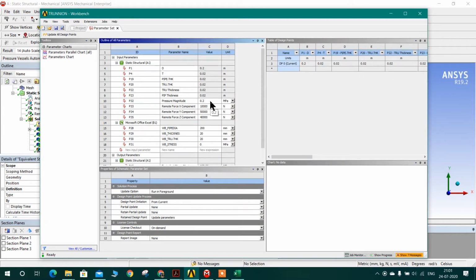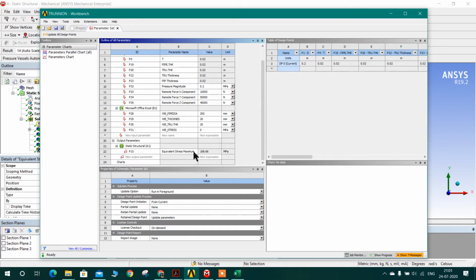My pressure in the pipe is 0.2 megapascal. The forces I'll show where I have applied. These are the forces' XYZ components, right? And the output is the equivalent stress. You cannot say whether the model is passing or failing just based on the von Mises stress plots, you must be aware of that. But if the von Mises stress is below the yield or 90% of yield, then we can easily say that yes, the model is passing. But if it's above the yield, then we need to do the linearization of the stresses to exactly know if the model is passing or not, right?